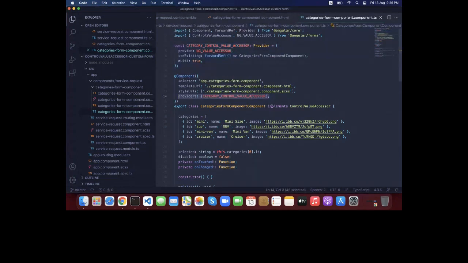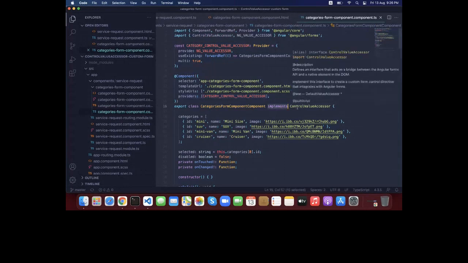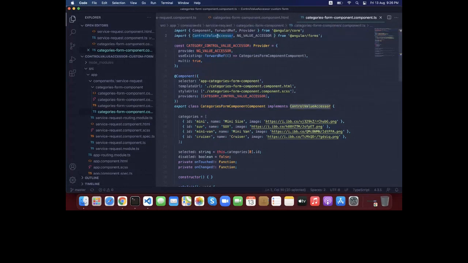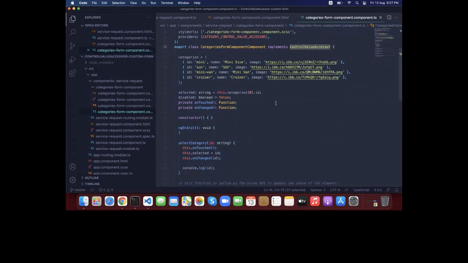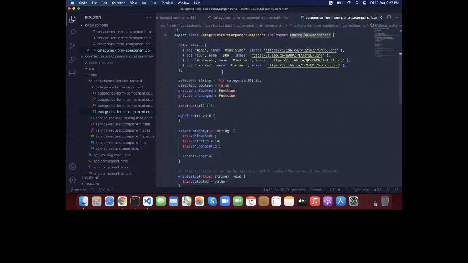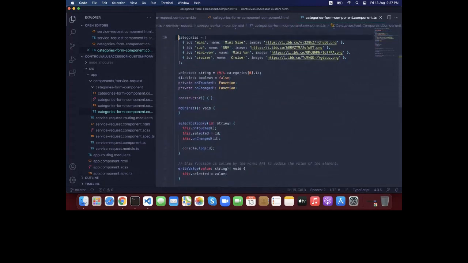And after that, the third step is to mention the implements keyword and provide ControlValueAccessor, which is actually an interface of Angular forms. We are implementing this categories form component from this ControlValueAccessor. Okay, so these are the steps to create your CVA and to override your form components with the help of the CVA. So I have created an array of categories inside this,